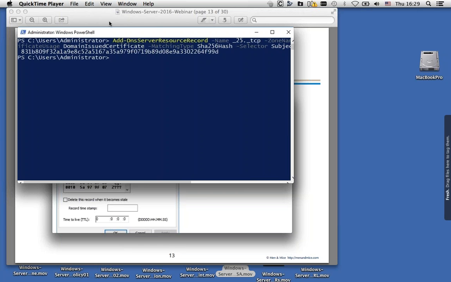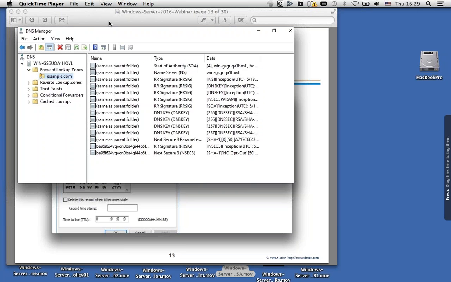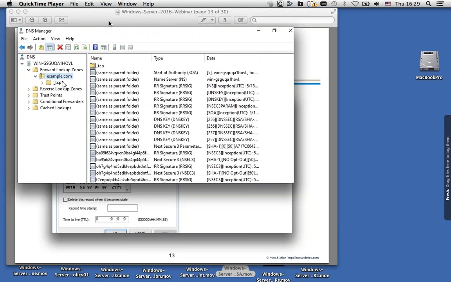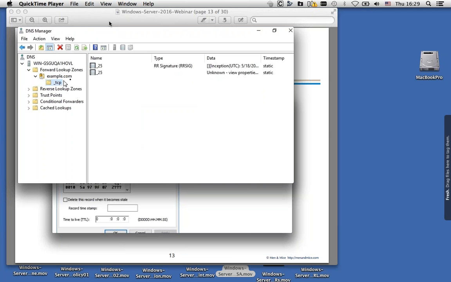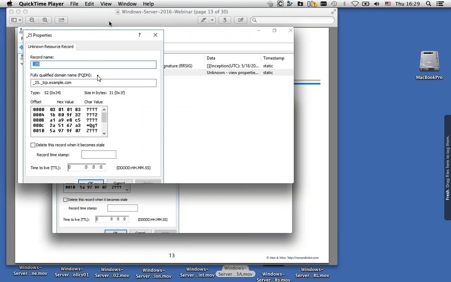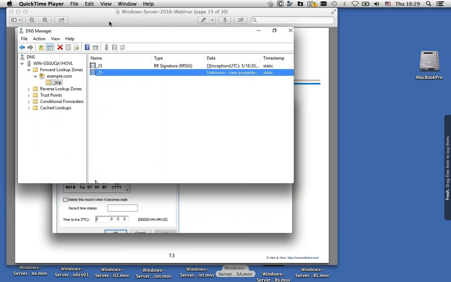So the PowerShell command now has created this record in the DNS, and if we reload our GUI snap-in from the server, we now see there's a subdomain _TCP, and in there's a name _25, and we can see it's of type 52, which is actually the TLSA record, and we have the binary data in here. So the Microsoft snap-in currently doesn't show the TLSA record. Maybe that will change